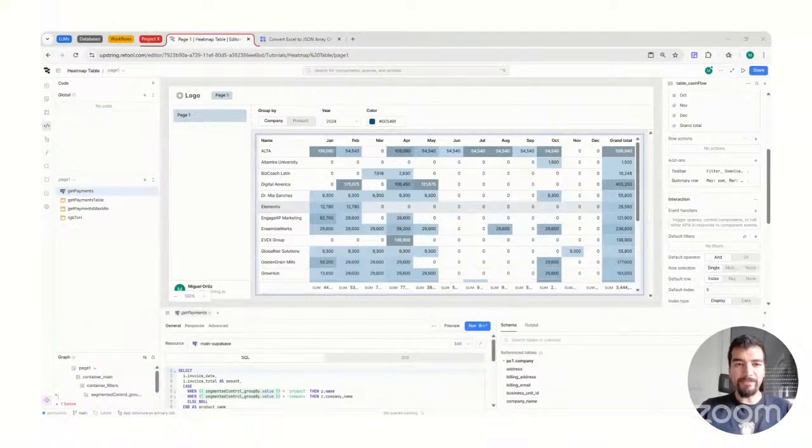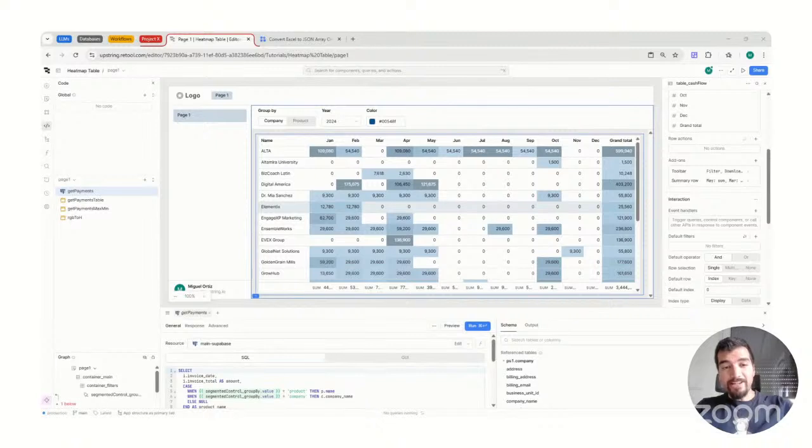I find it really difficult to retool without having a big screen next to my laptop because you have the right panel here with all of the queries, the left panel here, and the right panel here with all of the settings for the components and other things, and then the queries, which I like to have here in the bottom. If you have all of this on a laptop, this becomes really, really small, and moving components is just very tough. So I need a big screen, which I have right here in front of me next to my laptop. And ideally, I would have another one here on the left for my LLMs, but it's not always possible. So that's my hardware.